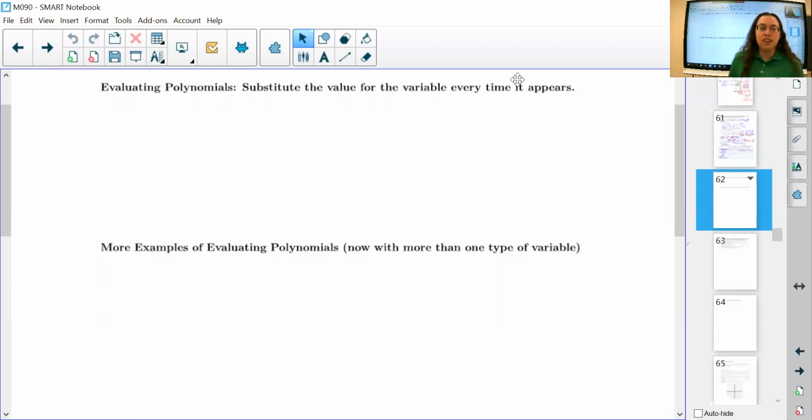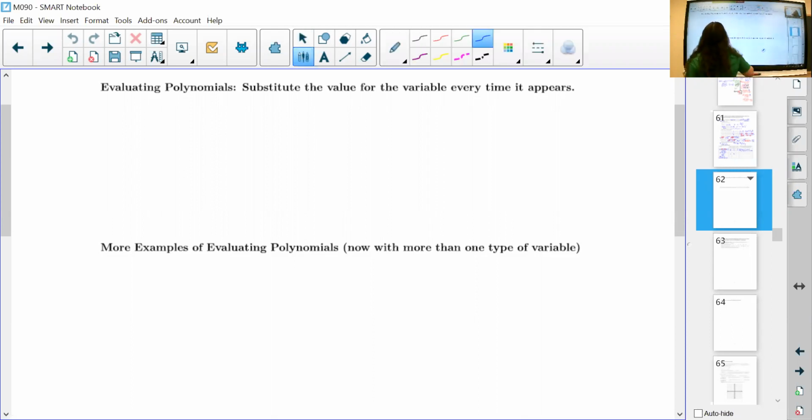All right, let's take a look at page 62, Evaluating Polynomials. So here, we're basically just going to plug things in. We're going to substitute the value every time we see the variable, the x or the y. So for example, say, evaluate